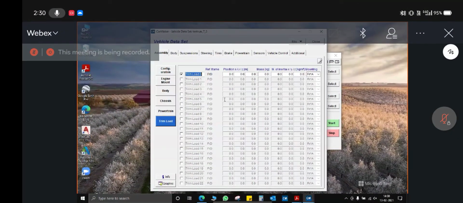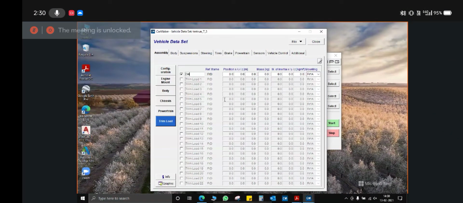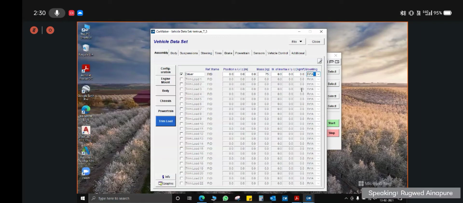In the trim load, it is mandatory for all the teams to define the driver load. As it has been already put in the IPG CarMaker guidelines, you have to define the driver loads. The mass of the driver should be kept at 75 for all the teams. And the position and moment of inertia can be defined by you. Mounting you can select as FR1A.